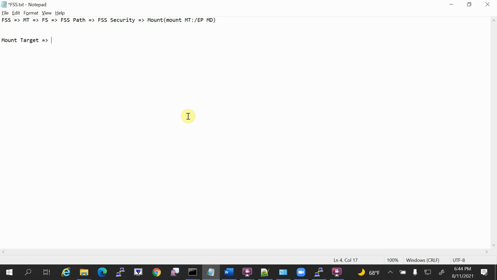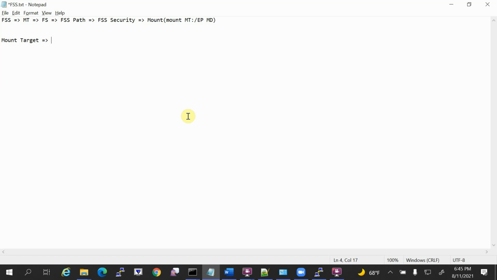Okay. Now, as I told you, a mount target is like an NFS server where you can create n number of file systems. Each mount target, you can create a maximum of 100 file systems, at least till last month. Maybe they have removed this restriction now, you have to check.